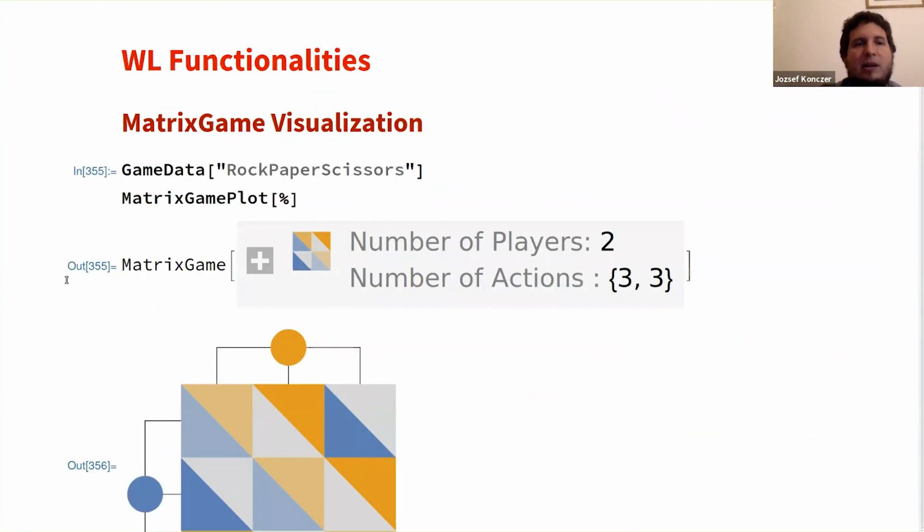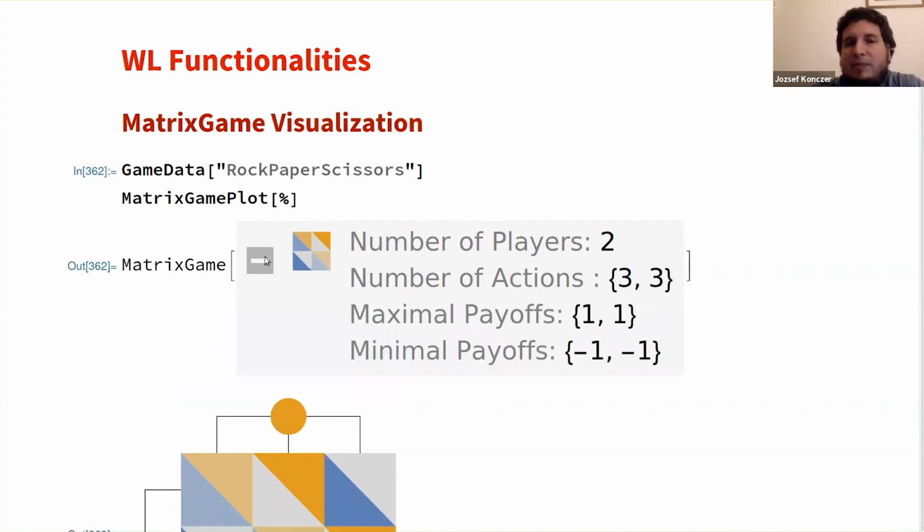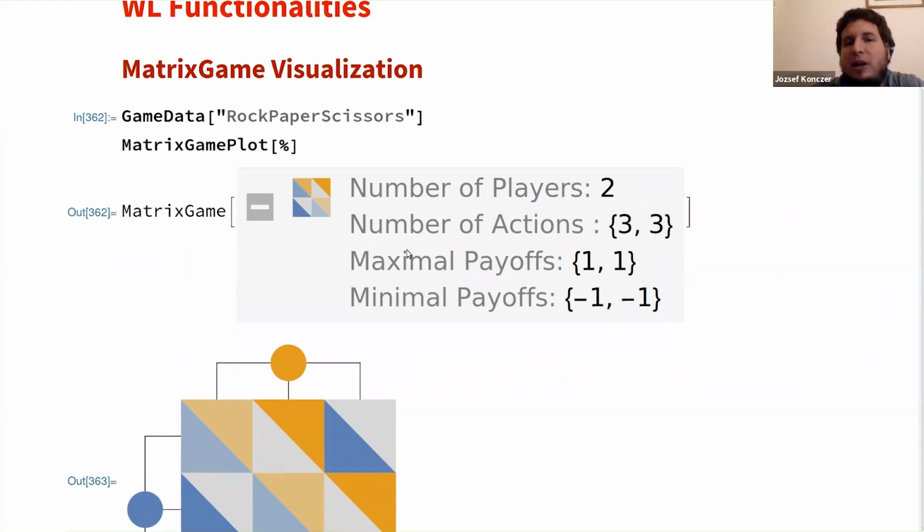Okay, so finally we are at the stage where I can show you plots. I talked about how to define these matrix game objects, and now let's see what we can do with those. The one thing is to ask for the matrix game plot. So here is a rock paper scissors game. This is 2 players, 3 actions,